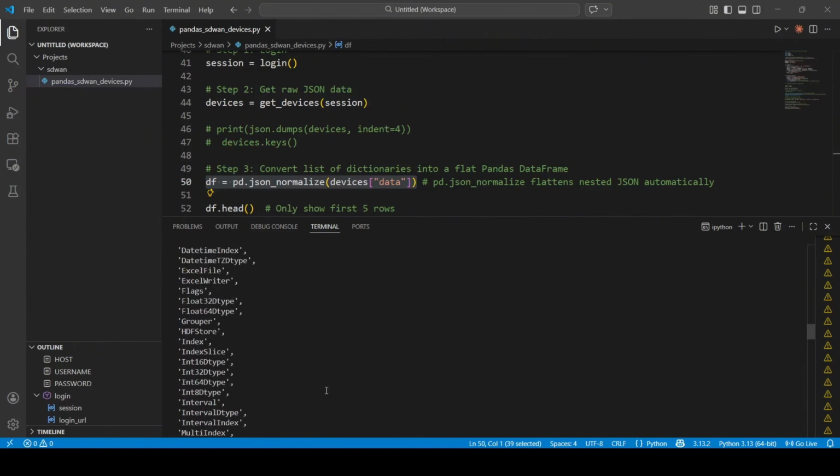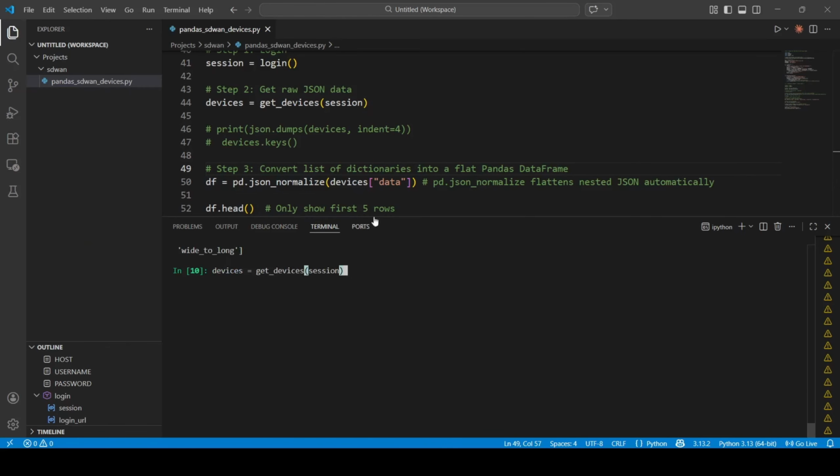So DataFrame, let's find it here. Instead of using this, I used JSON normalize, which should be here. This is useful because if there are nested dictionaries, it will flatten the nested JSON automatically. Okay, so let me copy and paste this line of code